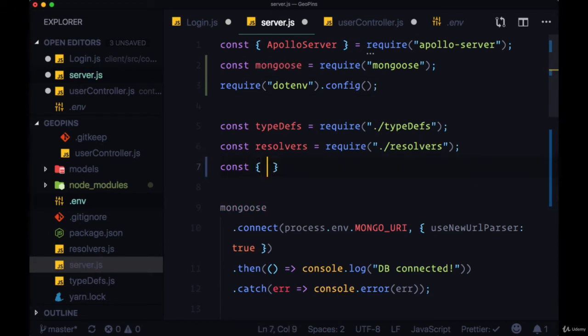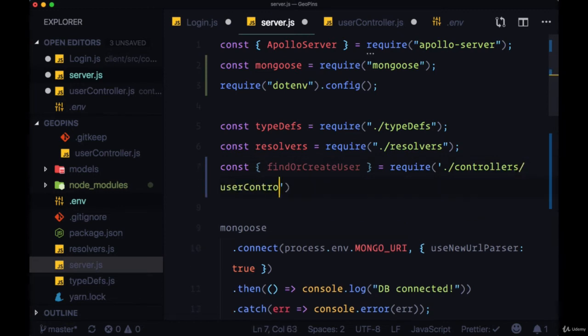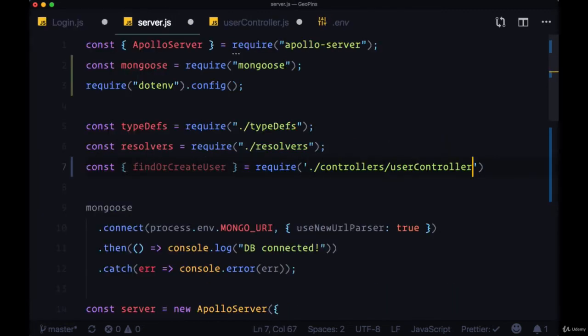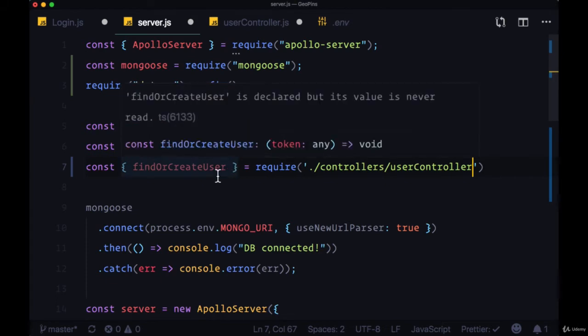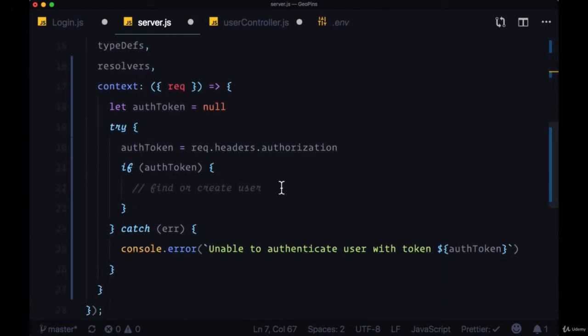And we can bring it in between a set of curly braces, find or create user from /controllers/user controller. And then we can execute it and pass it the auth token,